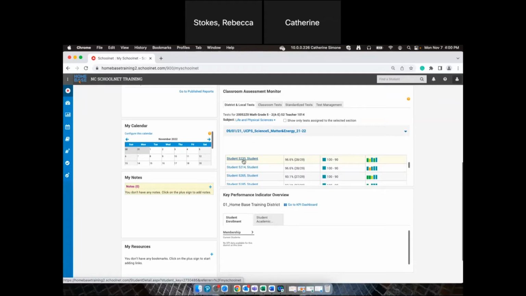So it's like what I was saying, where you can get to the same data in multiple places. You can go to the student's profile just by clicking on the blue hyperlink for that student. But since we have this sorted by overall performance, it's going to give us a list of all of our students. It's going to show us their score, how many they got correct out of how many total questions